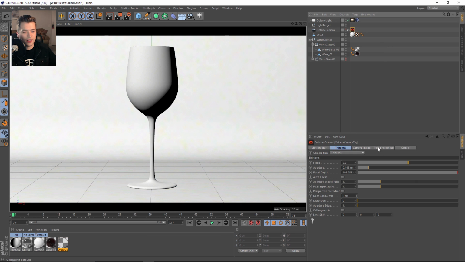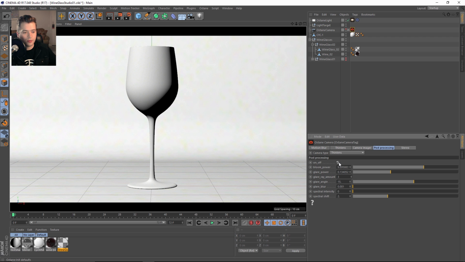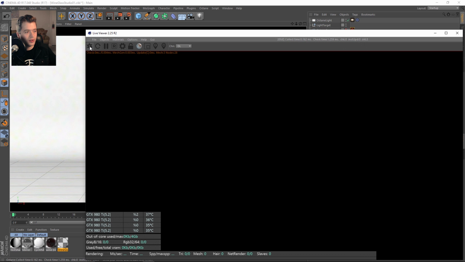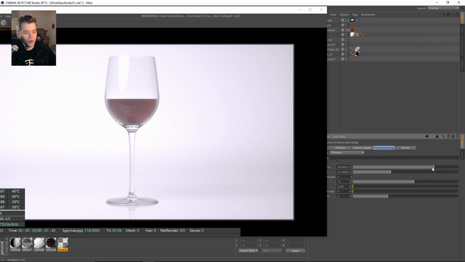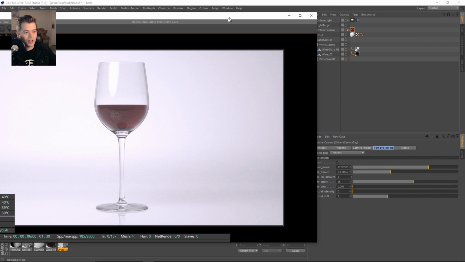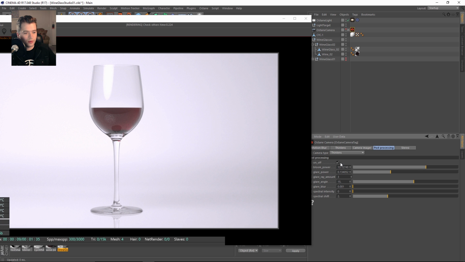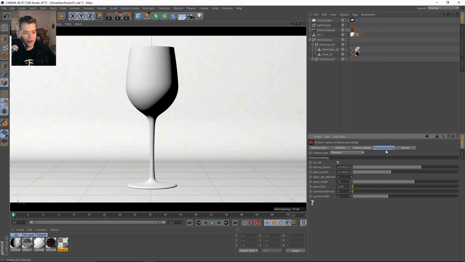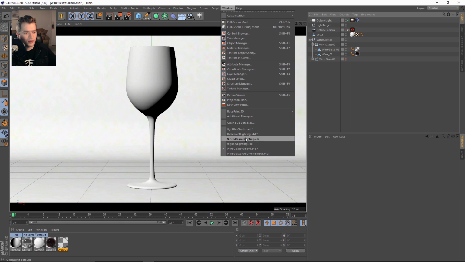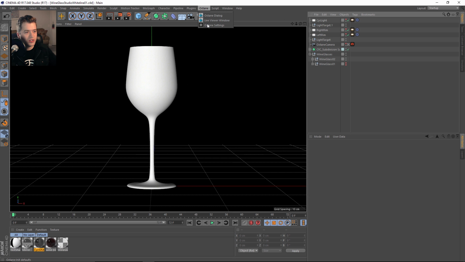And again, in the cameras, I like to use the post-processing. If we open the live viewer again, I like to use the post-processing to add a little bit more bloom to the lens overall, just so it looks really super white, super hot white. Maybe not that much, but you guys get the idea. It looks like the lens is filled with a lot of white light coming from the reflected objects here. So I use that a lot in most of my renders. So let's go ahead and look at the reverse situation.